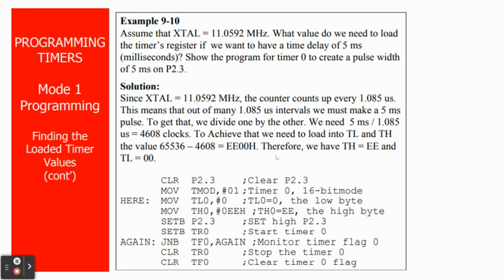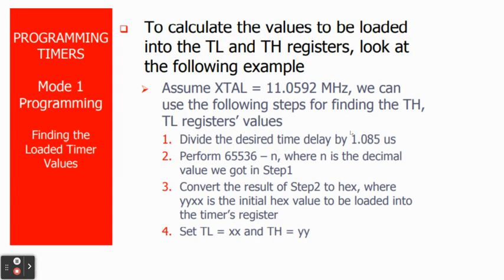So the delay is supposed to be 5 milliseconds. So we cannot divide 5 milliseconds by 1.085. Therefore, we will convert 5 milliseconds to 5,000 microseconds so that we can divide it. So when you divide 5,000 microseconds by 1.085 microseconds, you will get an answer, and we will subtract it